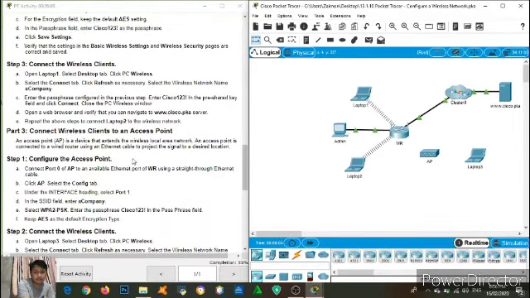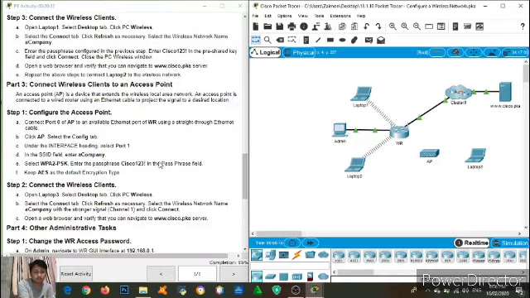on access points. An access point is a device that extends a wireless local area network. An access point is connected to a wired router using an Ethernet cable to project the signal to this location. Configure the access point. Connect port 0 of the AP to an available